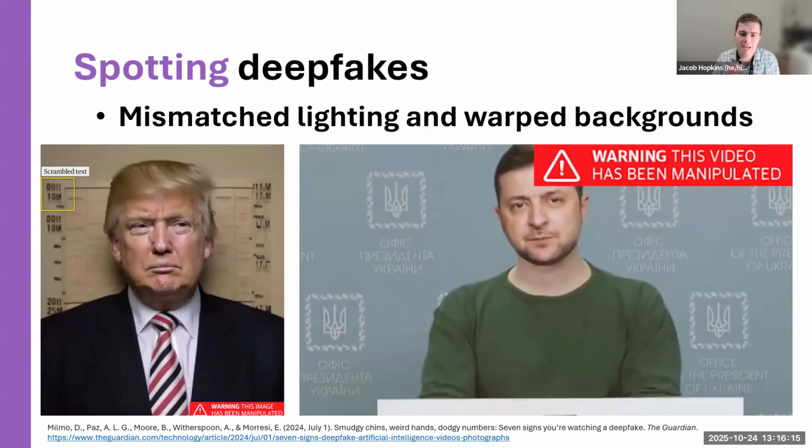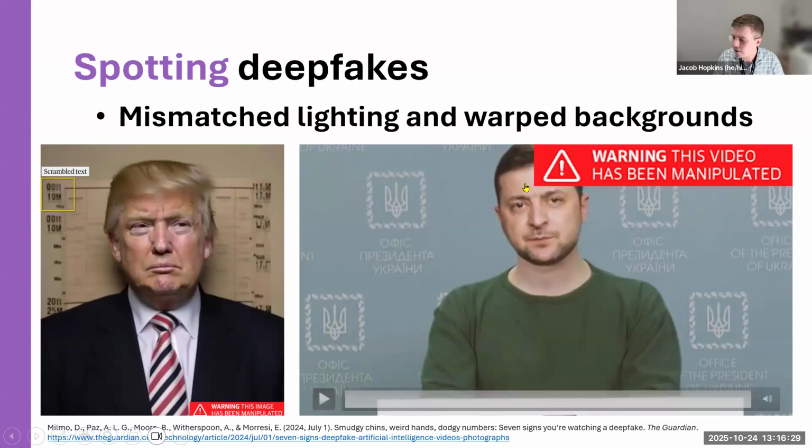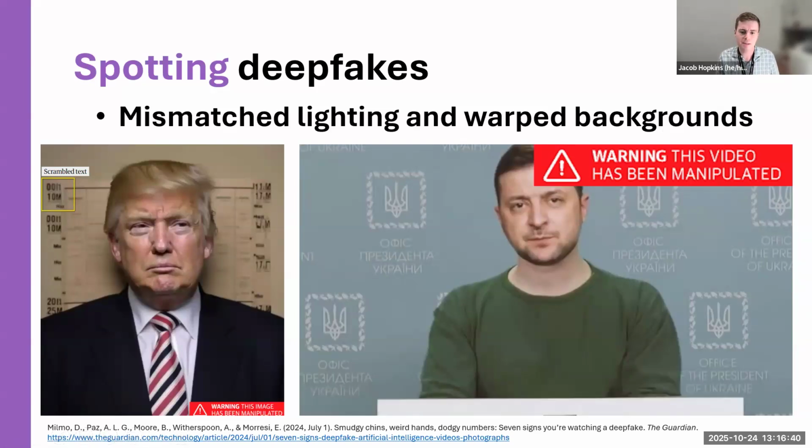So, as that video was annotating for us, the proportions of Zelensky's body are wrong, especially if you were to compare it to real images or real videos of him. And you may also be able to tell how the lighting on his face doesn't seem to quite match the lighting on his neck and the rest of his body. And the rest of his body, as the video also pointed out, remains really robotically still for the whole video, kind of uncannily in a way that doesn't seem quite real or quite human.